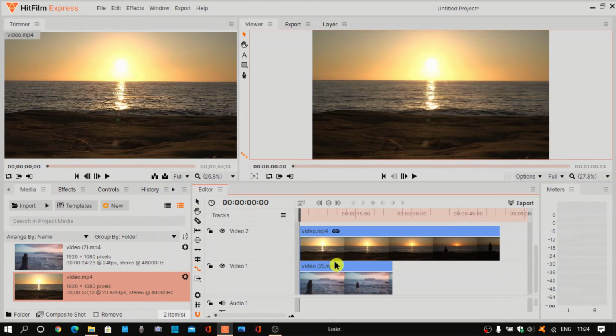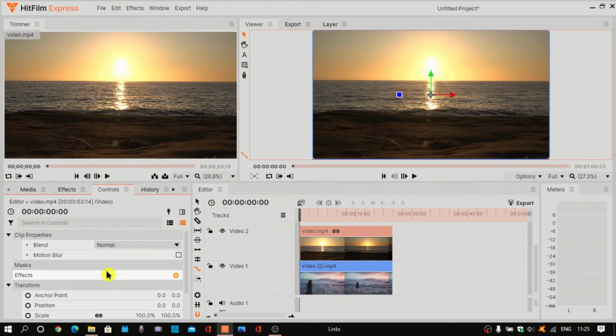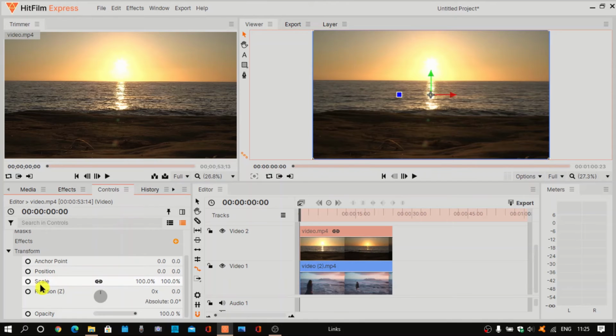So I'll first highlight this one and then press this rate tool, which is already pressed over there as it is in orange color. Now what I would do is I'll click and drag backwards over there in line with the main video clip. Now I will first make sure that it is highlighted. It is already highlighted. I'll go to the controls over there, and as you can see over there the scale